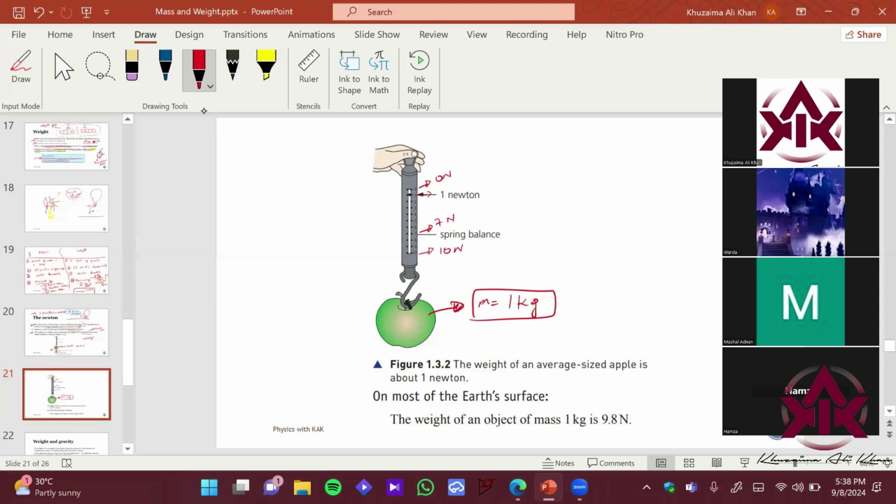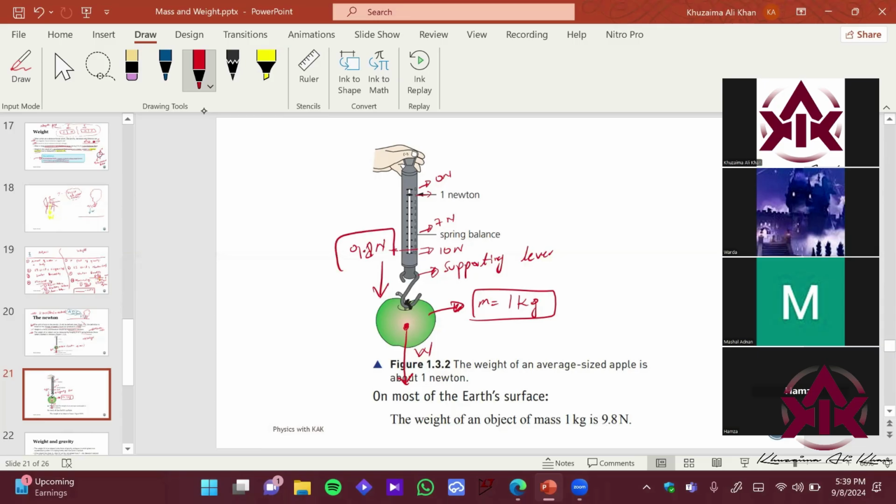Let's imagine it's an instrument used to measure up to 1 kilogram of mass. So this is the lever over here. You can say this is a supporting lever, which moves up and down depending upon the mass value. Let's imagine I hang the apple on this supporting lever, and obviously it has some weight, which acts from the center of mass vertically downwards. This is the weight over here. So what will it do? It will extend this spring lever, and if it is 1 kg, it would stop approximately here. The lever value will be around 9.8